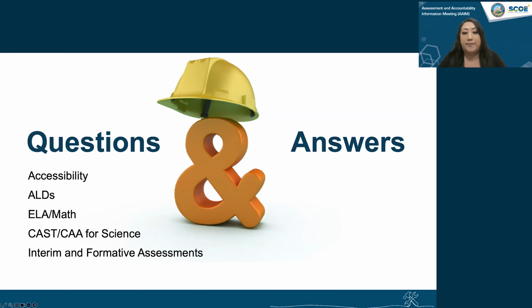One of the questions that came to us was, will there be a time when other languages besides Spanish will be available? We have many other languages spoken in our schools. So we are part of the Smarter Balanced Consortium. And so the Smarter Balanced Consortium conducts a language survey across all member states and works on providing new languages. But currently, Spanish is the only language being translated in the test delivery system for math and science.